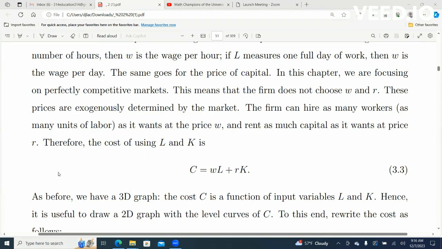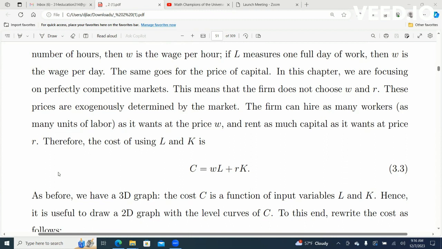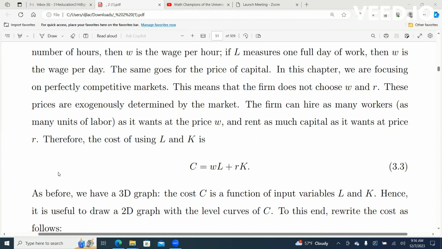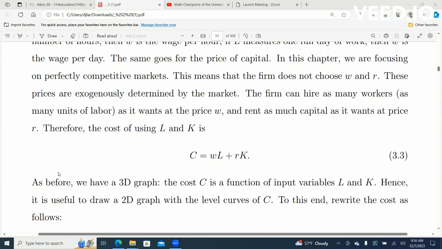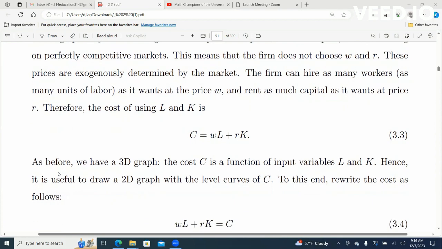If L measures 1 full day of work, then W is the wage per day. The same goes for the price of capital. In this chapter, we are focusing on perfectly competitive markets. This means that the firm